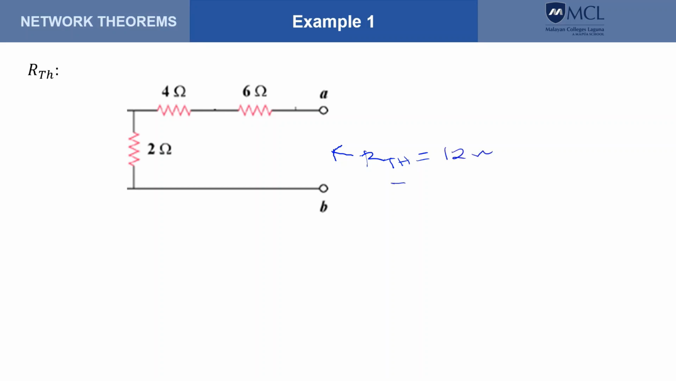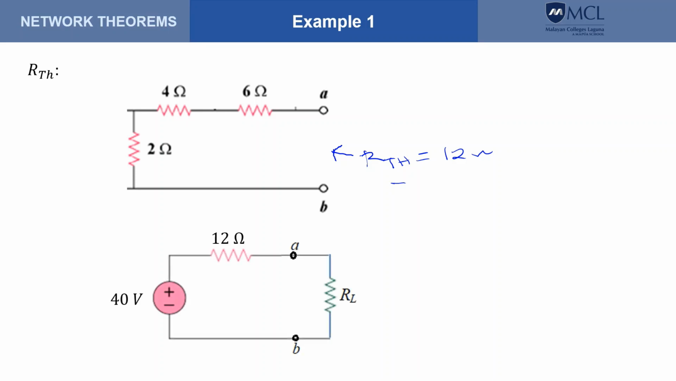So now that we have RTH and VTH, we go back to our Thevenin's equivalent where RL is connected, and from this, if we want RL to absorb maximum power, this value here should be equal to 12 ohms, so the same value as this one. And now that we have RL, the question now is what is the power absorbed by RL at a value of 12 ohms. So we could either get the voltage across RL, so let's call it VL, or the current